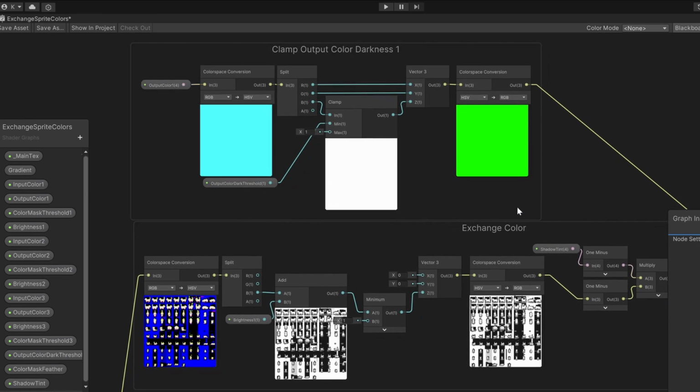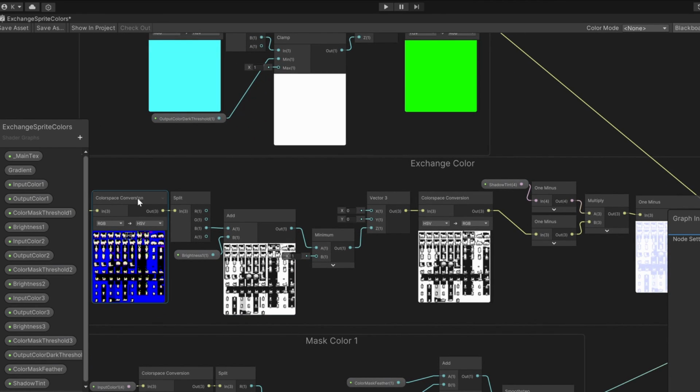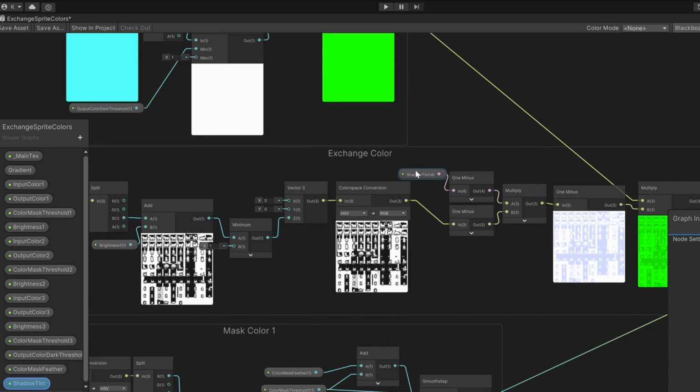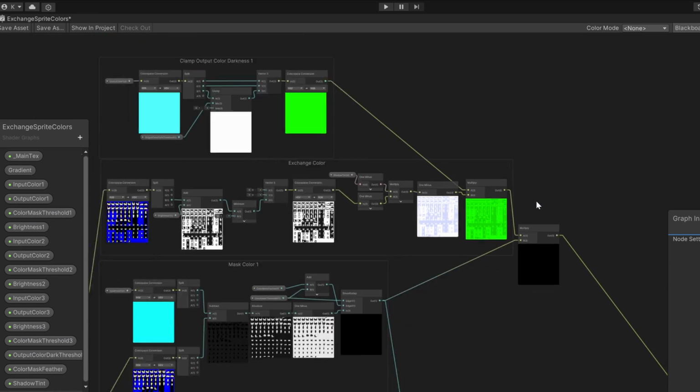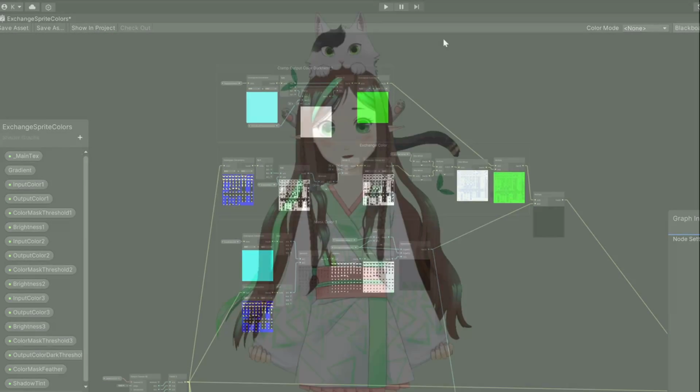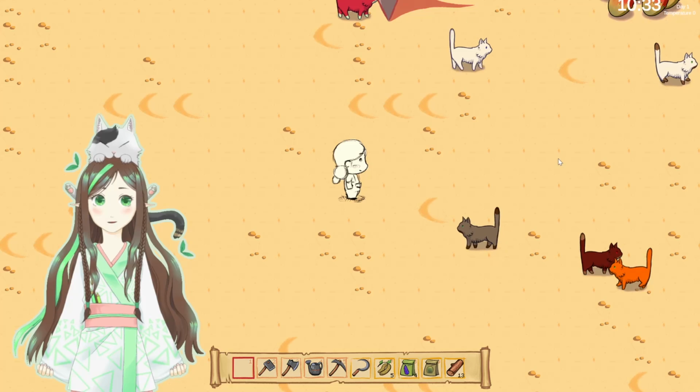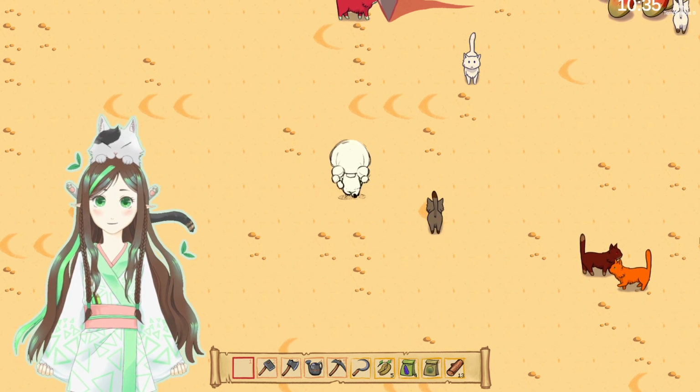I then use the input, remove all color from it, such that I'm left with only the shadows. I can also tint the shadows if I want a reddish or bluish outlines. And then I use a screen blend mode to add the color back in. There's no shader node for a screen blend node, but I can simply put in the equivalent math myself. And that's the TLDR of the shader, and it allows me to have so many different beautiful cats.